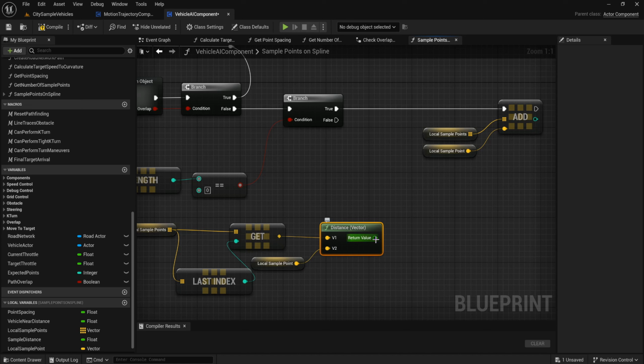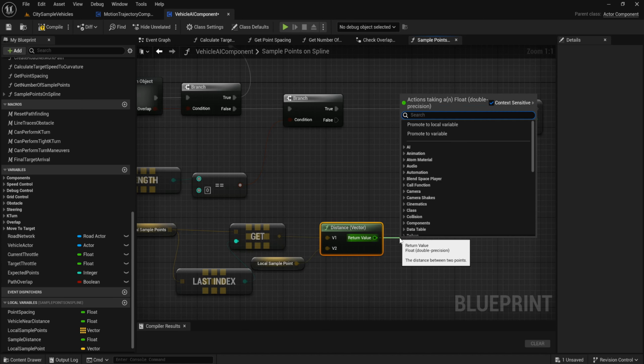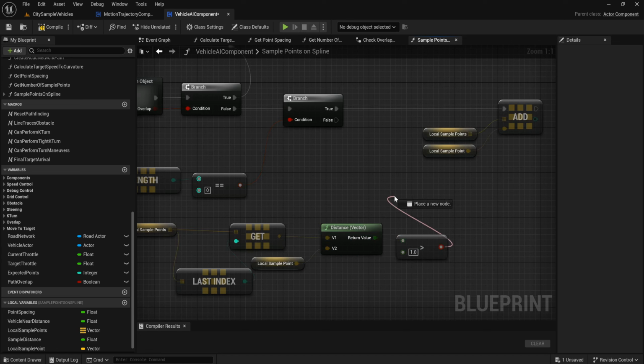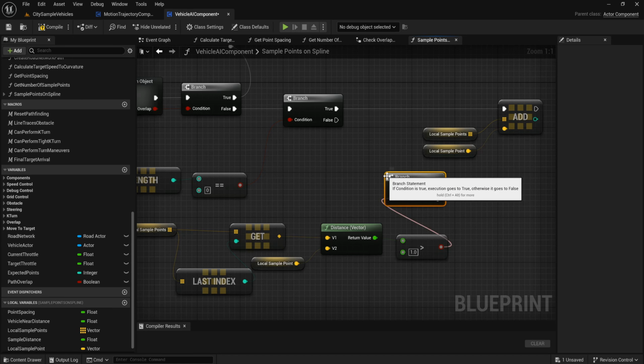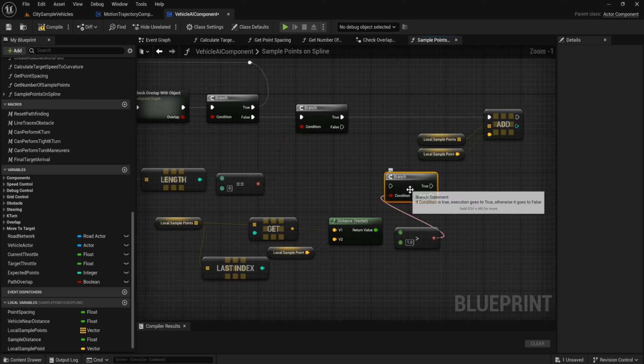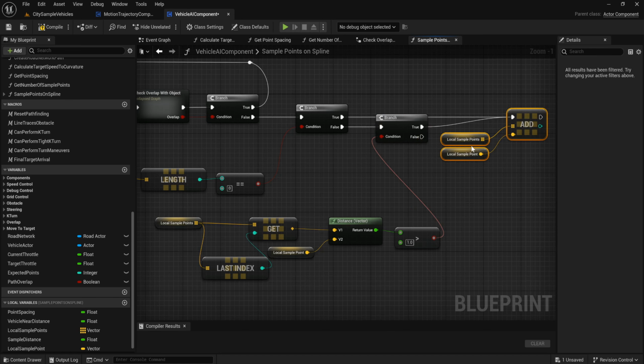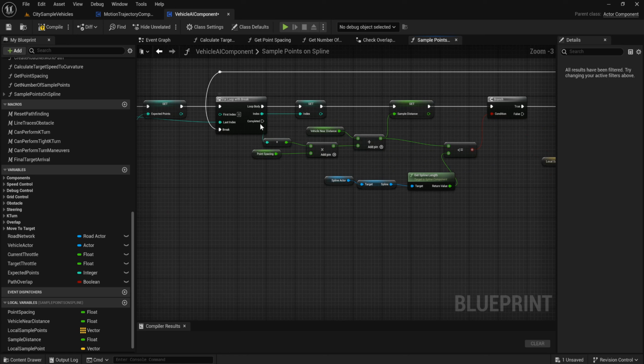And check if it's greater than 1. We add a branch. If it's true, we add to this local sample points. And when we complete this loop,